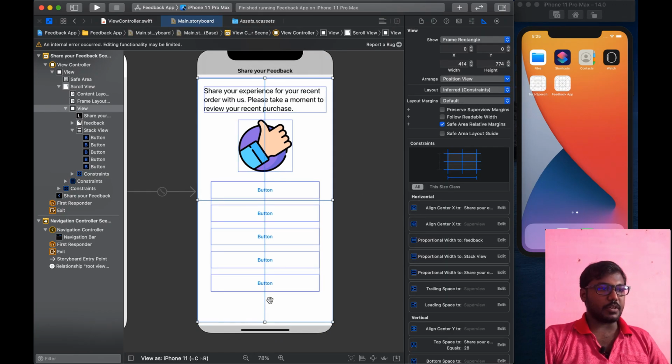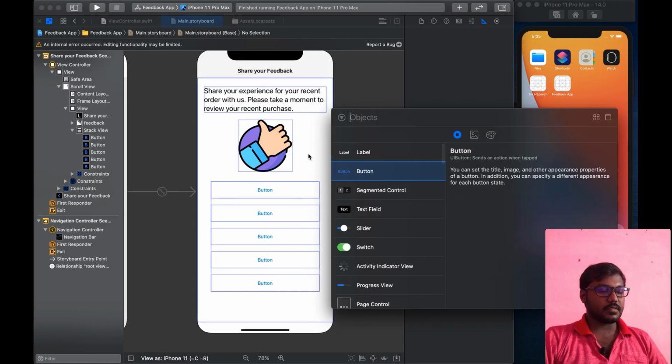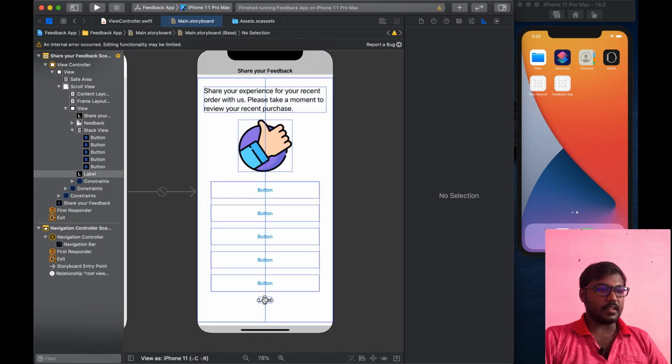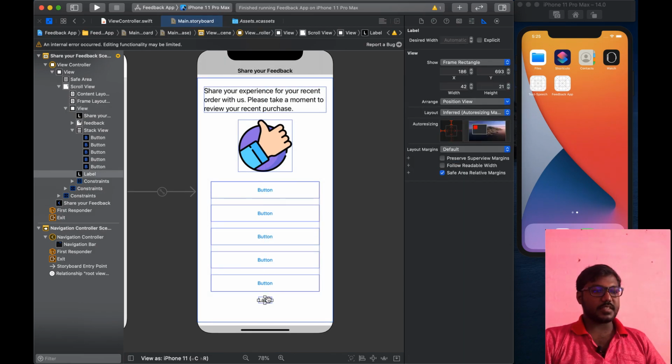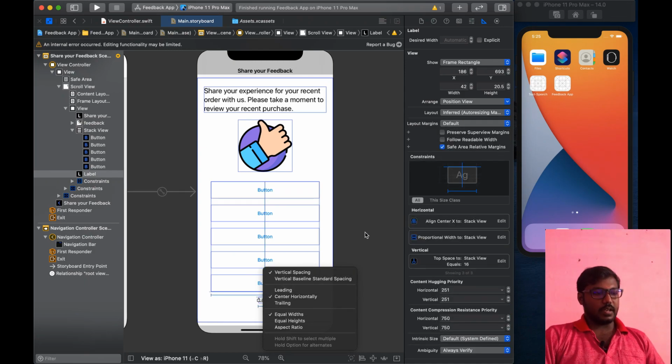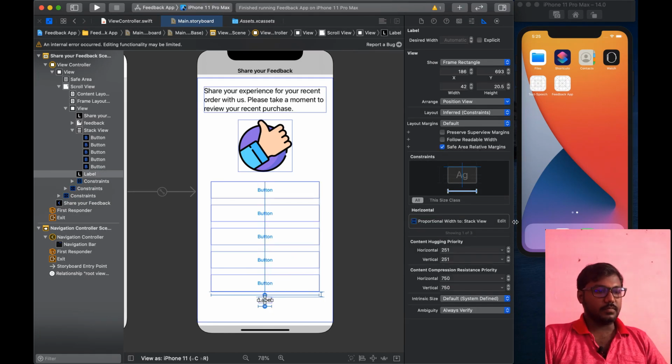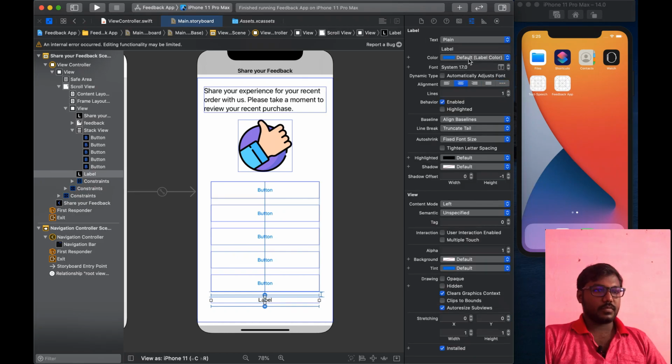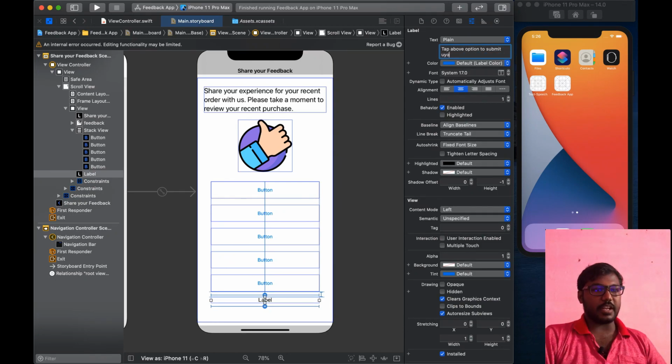Now I updated the top constraints for the image view and stack view. Then I am adding another label to describe what's going on here and what the user should do, and adding the label constraints for that. Then update the width constraint. Here you noted I didn't set any height constraint for each UI component, because it will be automatically designed by iOS based on the content size and the layout.